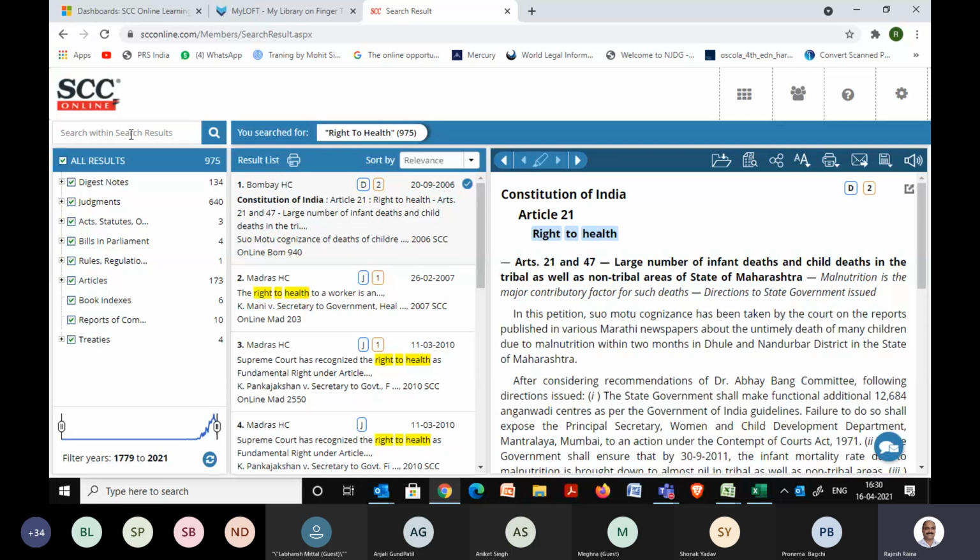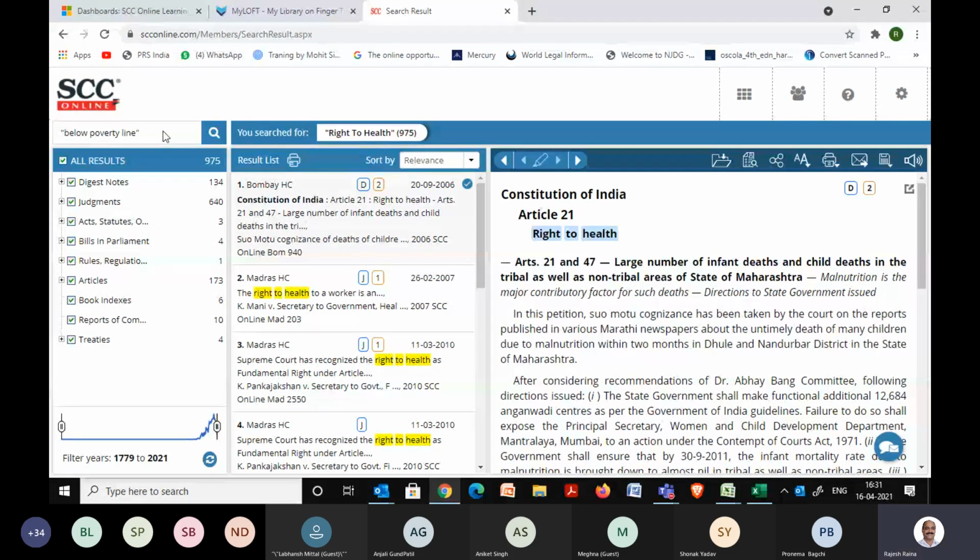And the best part is, from here, if I want to further narrow down a query, again I can break the query in steps. So how I'm able to do that is in the search results, just above all results, there is a search within search results column over here, and I'll just enter the next query which I want to search within these results only. So if I am looking for, say, below the poverty line, I'll put below poverty line like this, and then put in double inverted commas, because being a phrase, I want to search it, and then it will start the search. So it will further narrow down the results for me.